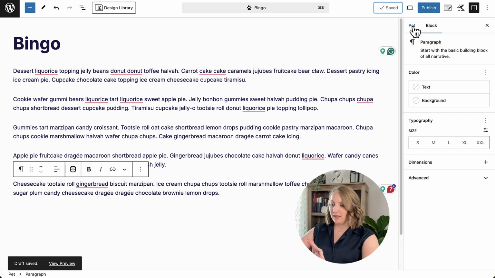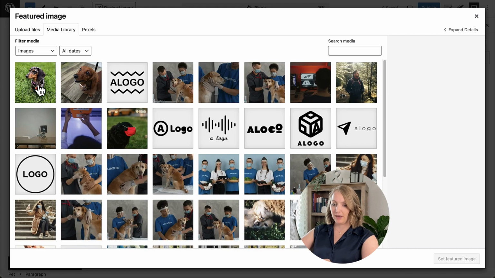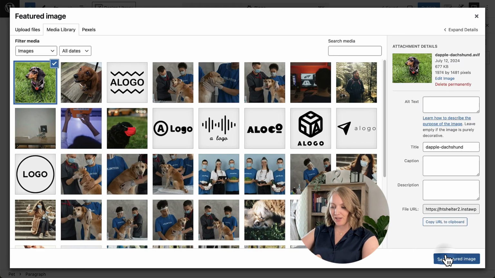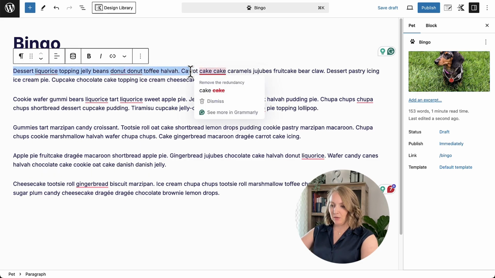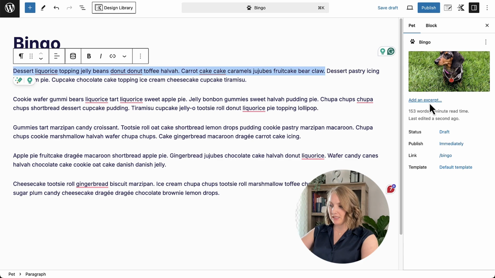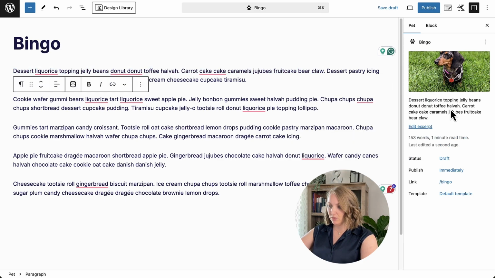And over underneath the Pet tab, you can also see that I can set a featured image. So let's go ahead and put our beautiful little dapple dachshund that I've already uploaded onto our post. And we can also add an excerpt. So let's just say I want only the first 2 lines to be our excerpt. I'm going to fill it out. And we're going to have at least the featured image and the little excerpt, and that's pretty much all that we